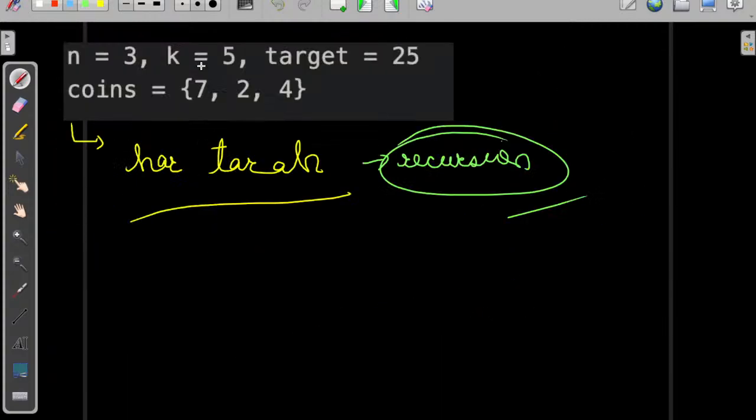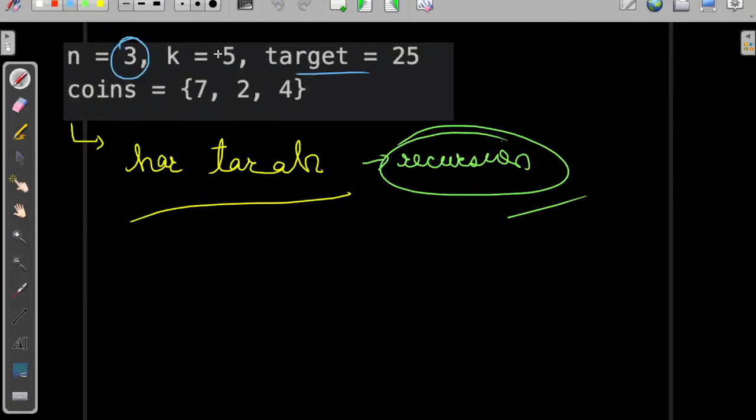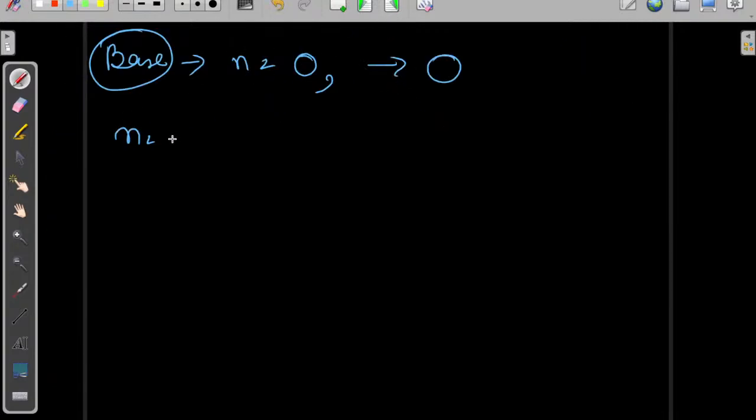So what is the smallest case here? Let us consider it. The smallest case is when there are no coins. When there are no coins, then we can't have a target. So when n is equal to 0, then the value would be false. Then when k is equal to 0, then we can have the target also. So when k is equal to 0 and target is also equal to 0,